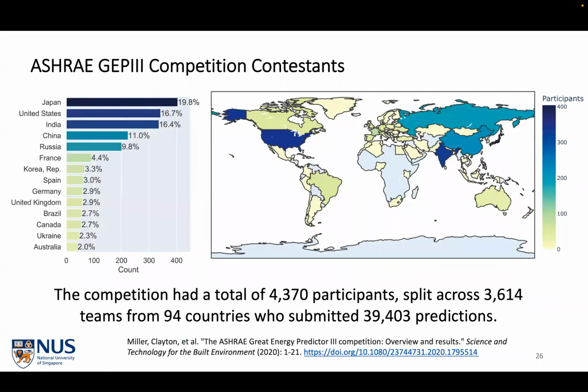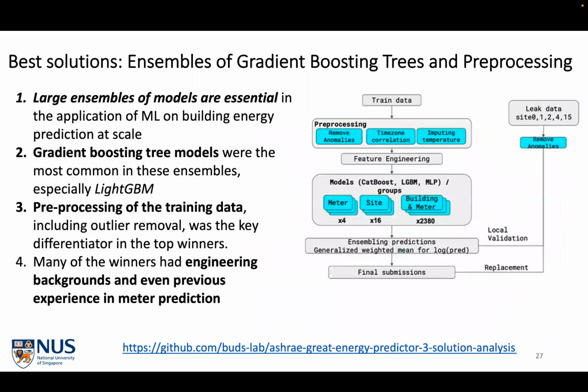And we had lots of contestants. It was really exciting to see lots of people from lots of different sectors, geographical areas and backgrounds who participated in the competition, uploading almost 40,000 total predictions across the competition. And the cool thing we understood, when you talk about generalizability, is that that's really what the solution had to be. The solution had to be accurate across a large, diverse set of buildings rather than a single building. You couldn't overfit or over-optimize your solution for a single building.